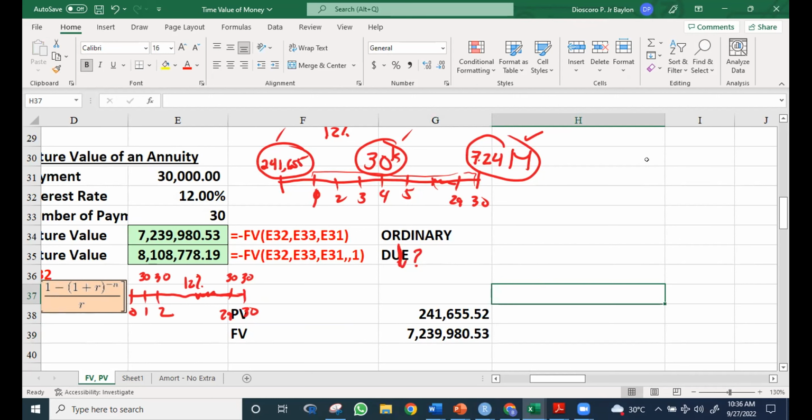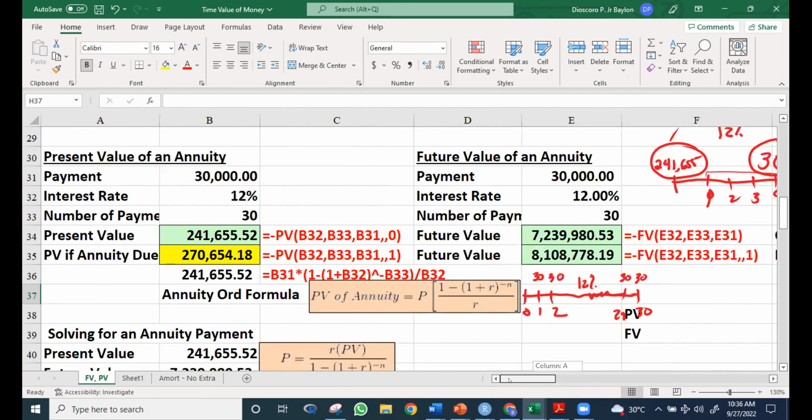Magkakapareho sila. So ang equivalent ng 241655 sa isang annuity is 30,000. 30 years siya na at 12%. Ang equivalent ng 30,000 annuity for 30 years at 12%, after 30 years, it's now 7.24. But today, it's 241,655. Okay? So, I hope that's clear, guys, yung